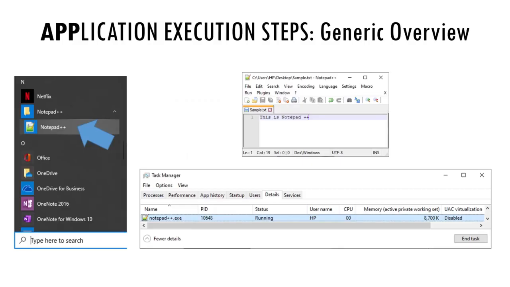One can see the executable file with respect to an application in the task manager of a Windows operating system. I am taking Notepad++ as an example application here. Its executable file resides on a specific drive of hard disk where the application has been installed initially. In Windows, one can invoke an application either by clicking on the icon of the application or through the command prompt by writing name of the exe file and pressing the enter key. These steps are equivalent to double-clicking on an exe file.